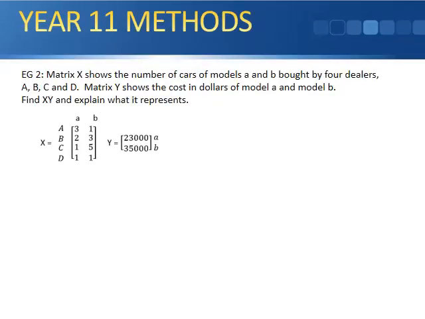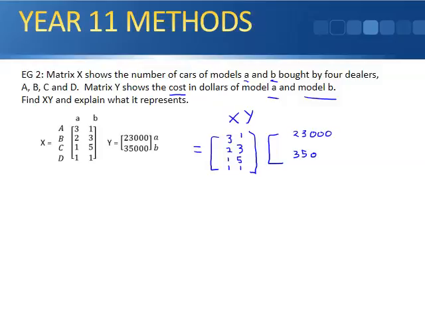Example 2 says matrix X shows the number of cars of models A and B bought by 4 dealers, A, B, C, and D. Matrix Y shows the cost in dollars of model A and B. So very important, this is a cost. Find XY and explain what it represents. So let's do XY over here. XY, always best to write those. Now fill in your matrices. 3, 2, 1, 1, 1, 3, 5, 1. That was my X. And my Y,